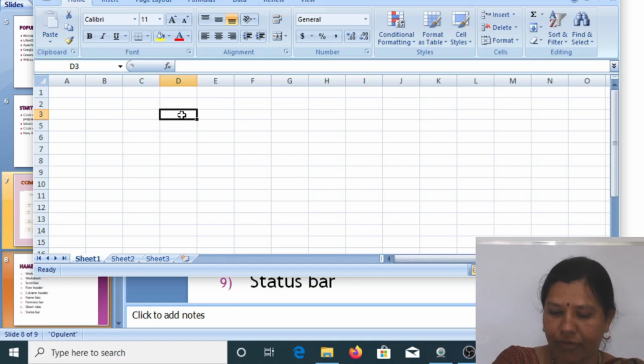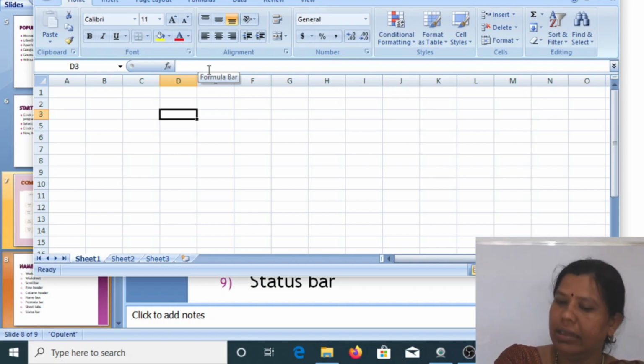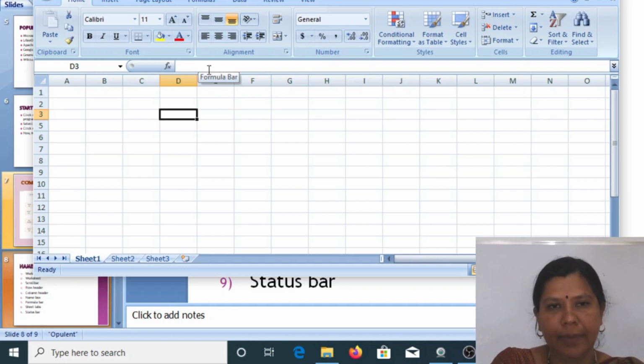Now we move to the formula bar. A formula bar is located at the top of the sheet, to the right of the name box. This bar shows the characters and formulas that you enter in the active cell.